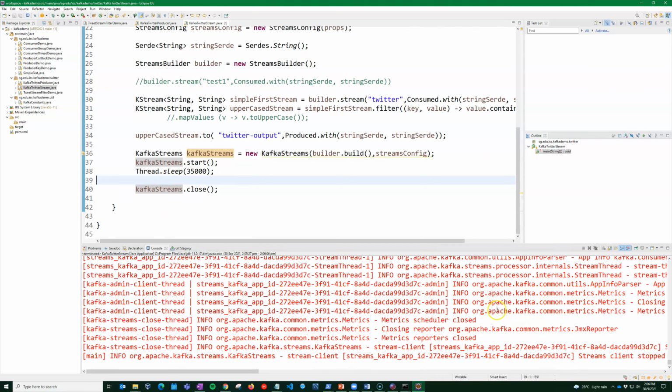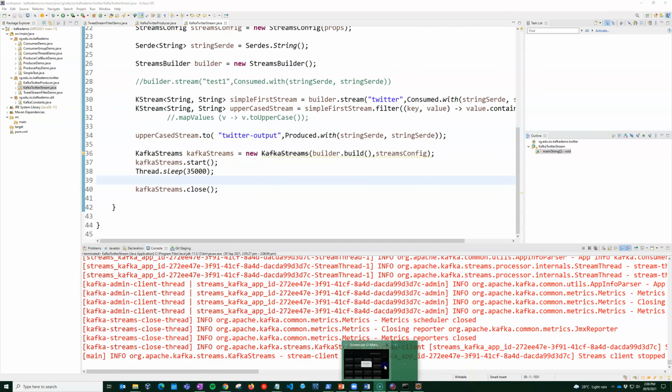Okay. So this is how you compare. This is what I wanted to talk about on Kafka Producer and Kafka Stream comparison. So I think that's good enough. So let's